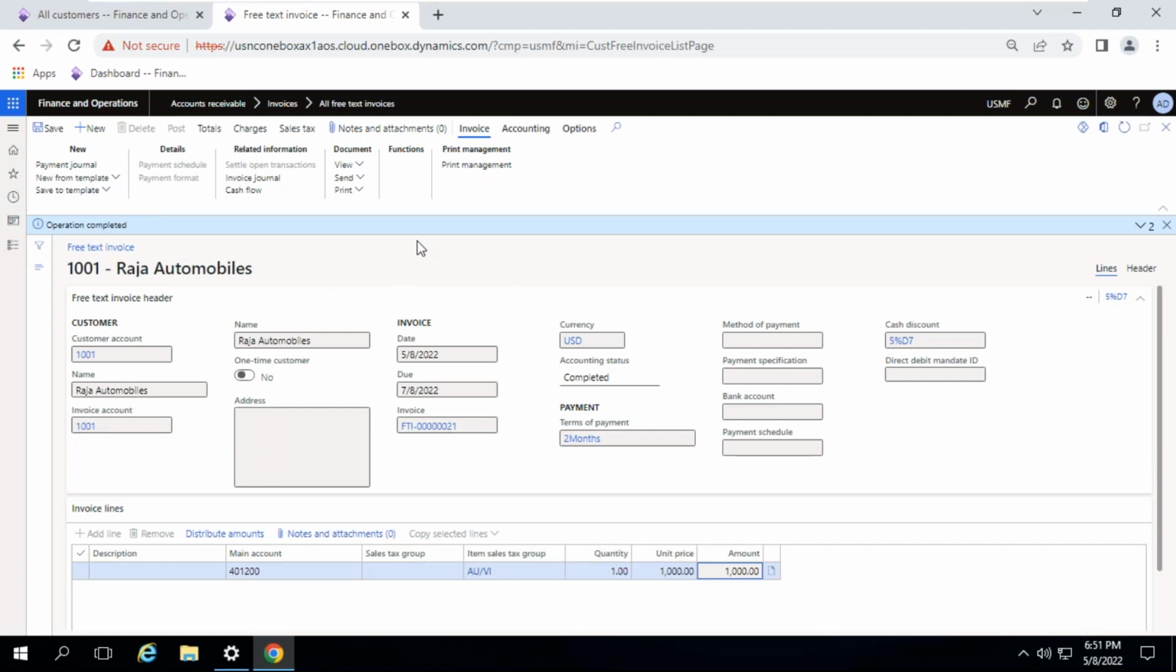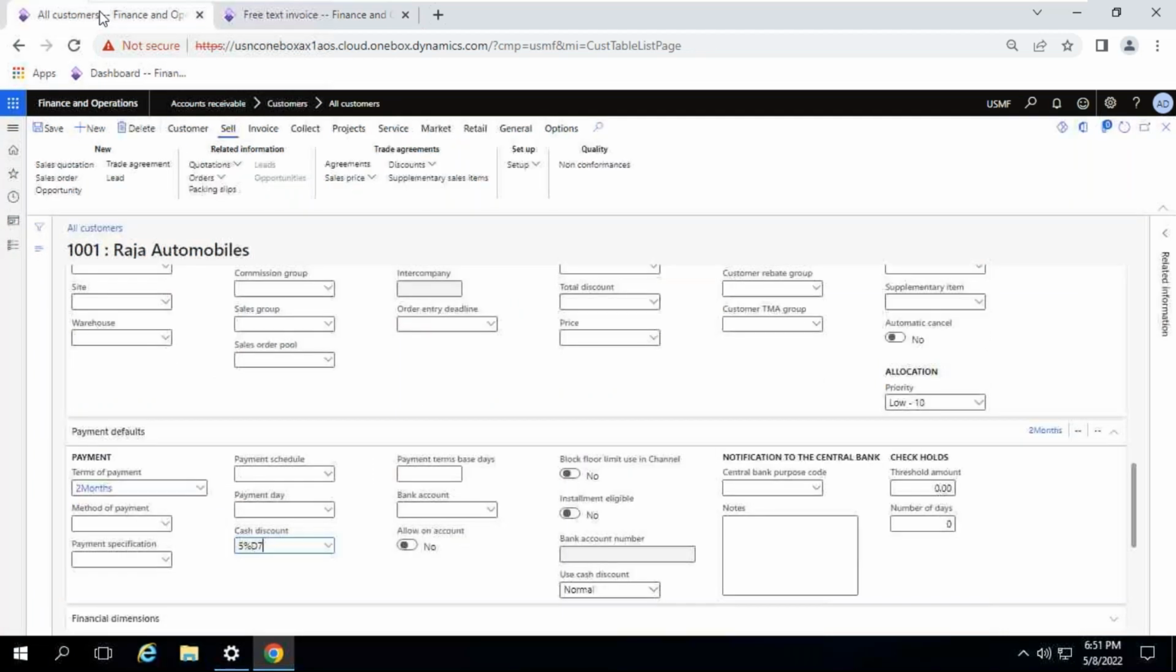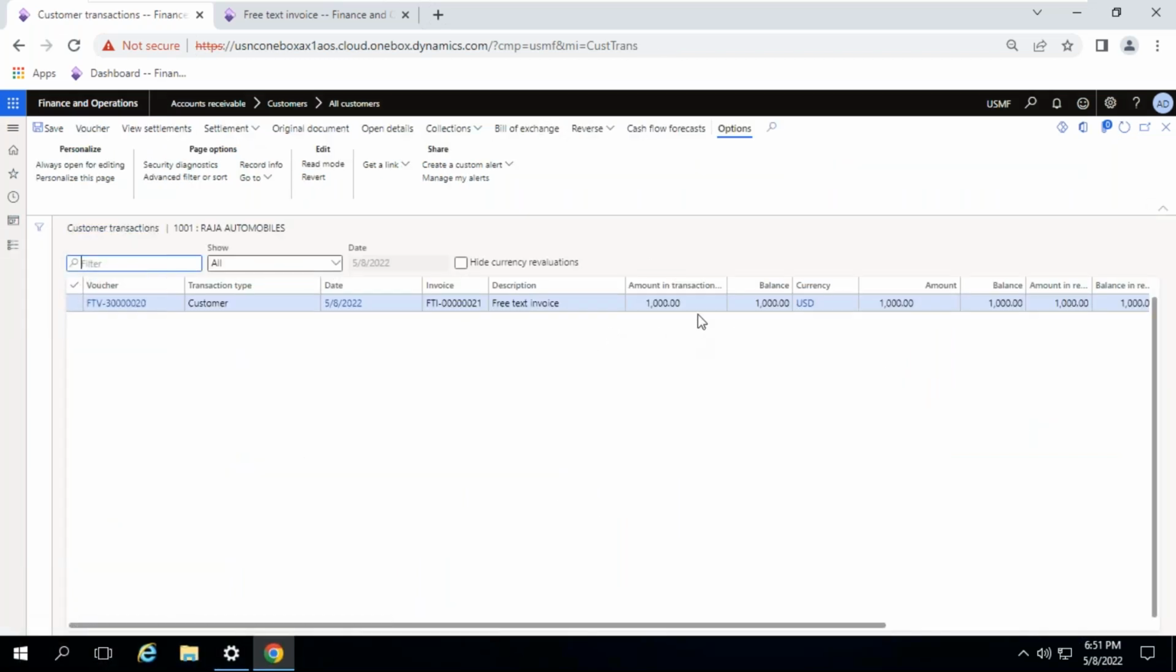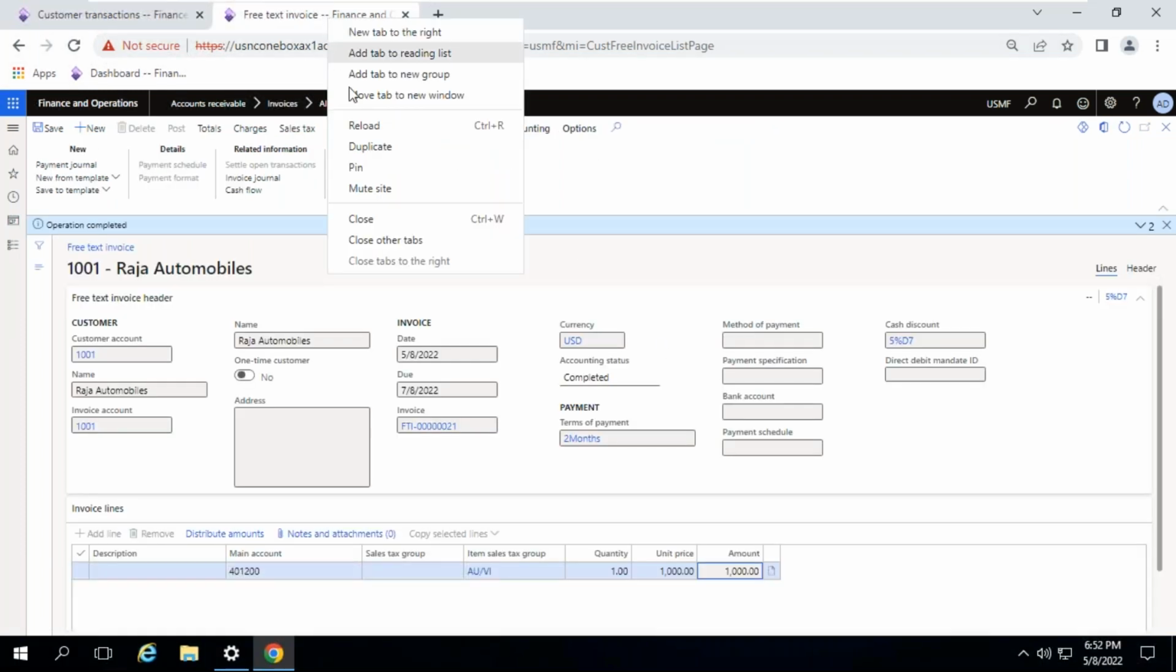Okay, the invoice is posted. Now, if you verify the customer transactions, it is showing $1,000 as an invoice. It was generated. Look at this one, $1,000 was generated. Now, if the customer is doing payment within 1 week,